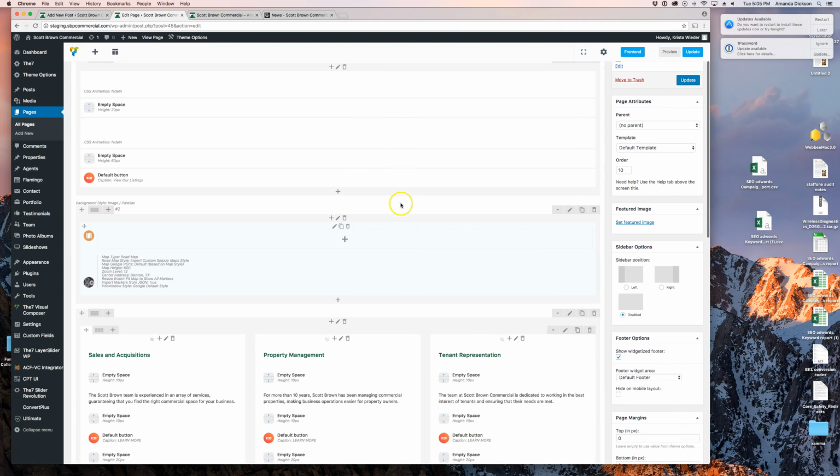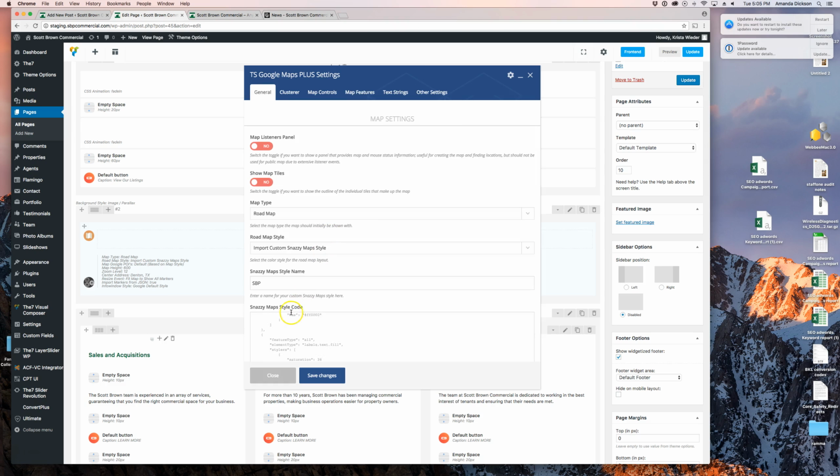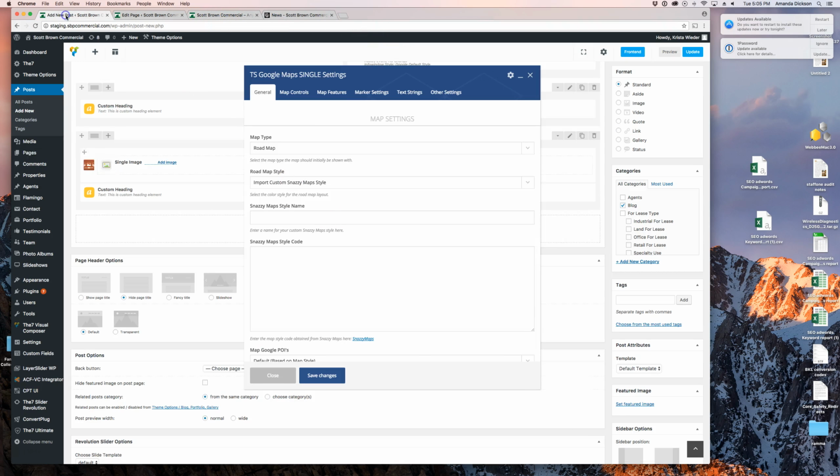Here's the snazzy map. I literally can come in. I want to edit. See the blue area? Yes. That's my snazzy map. So I click that little pencil. And there's my code. So I'm going to just click in here. Command A. Command C, or in your case, Control A, Control C. Right? I just copied it all, and I'm going to go back here, and now,